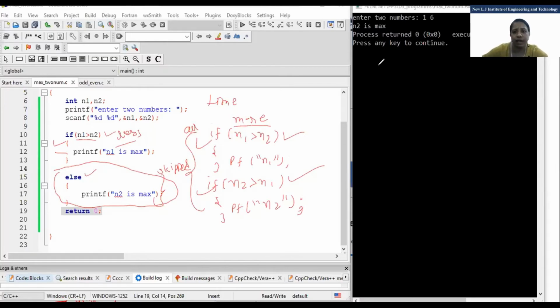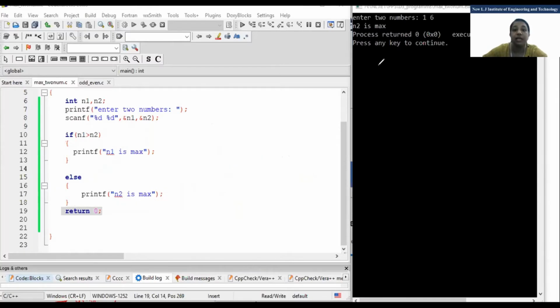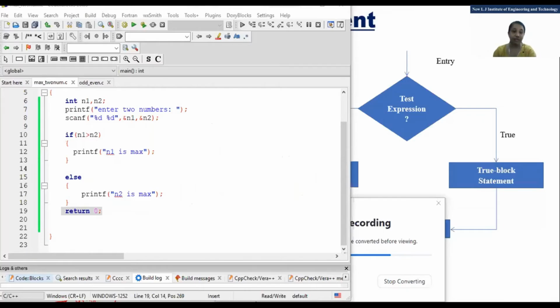Whenever we are doing programming, you will have a separate subject for this, that is the analysis of algorithms, design and analysis of algorithms. At that time you will have a clear idea that whenever you write a program, two characteristics are mainly checked: time complexity and space complexity. Time, how much time it will take.